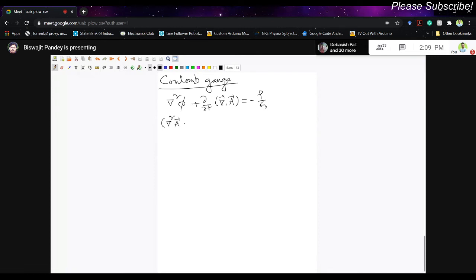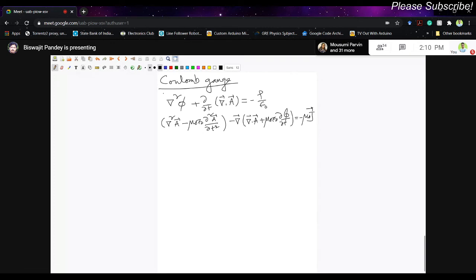Laplacian of the vector potential minus mu naught epsilon naught second derivative, minus grad of divergence of A plus mu naught epsilon naught del phi del t equal to minus mu naught j. Again, I remind you, rho and j are functions of r and t, phi and A are also functions of r and t. Mu naught epsilon naught is constant.